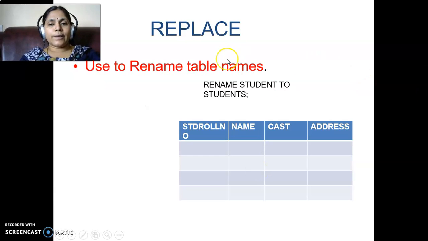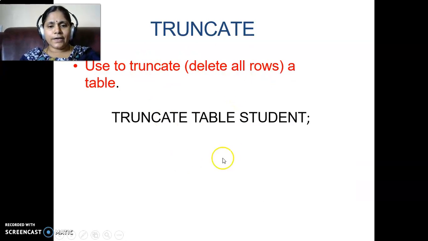The next type of command is replace. Replace is used to rename the table names. For example, in the previous slide I was explaining the table name student. Now I want to rename it to students. This is how we rename: rename student to students. Truncate is used to delete all the rows in the table.